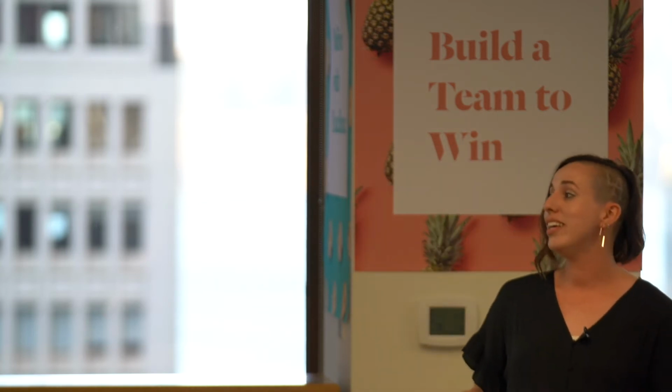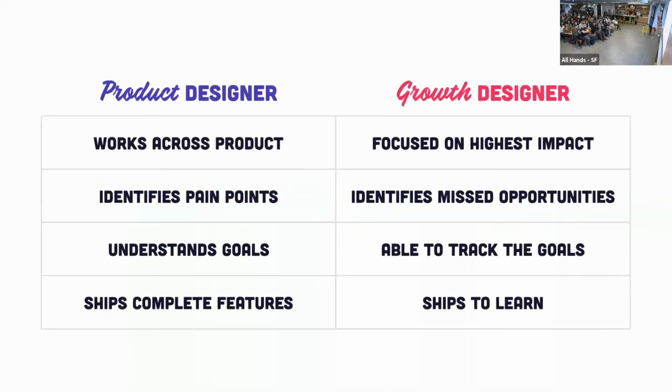And the reason that we're here is because we're seeing this new breed of designer. We're seeing folks come out and say, I do care about data and I care about my impact. And so just to highlight a little bit of how I see the difference between a typical product designer and